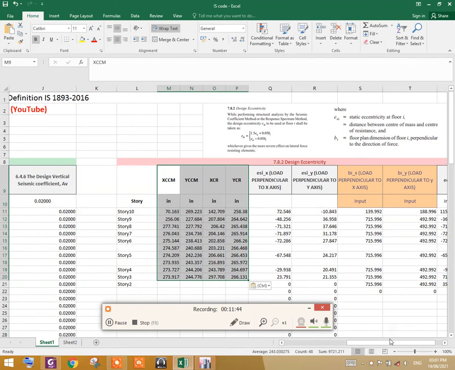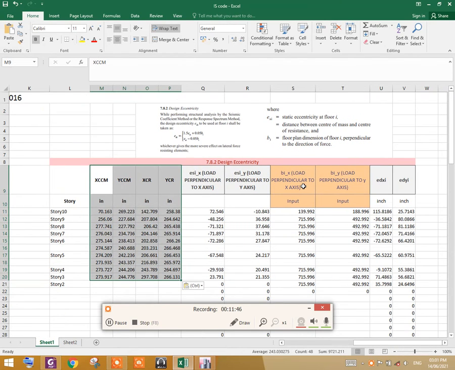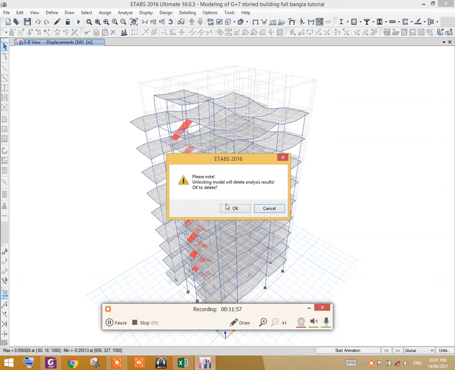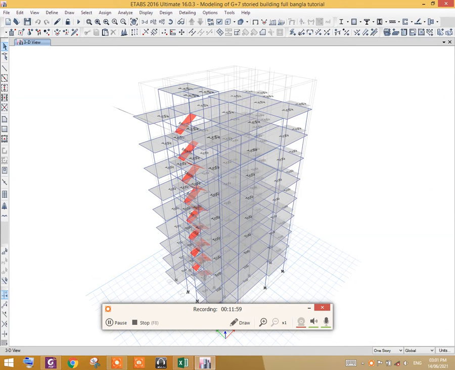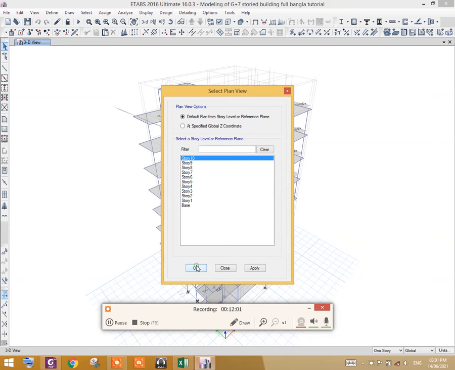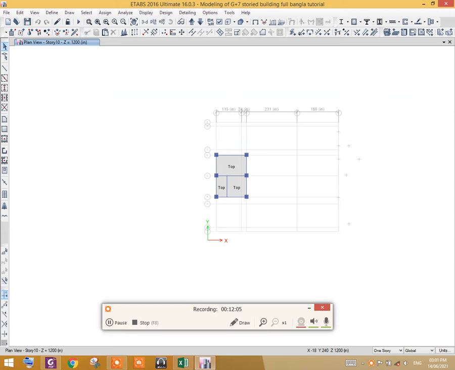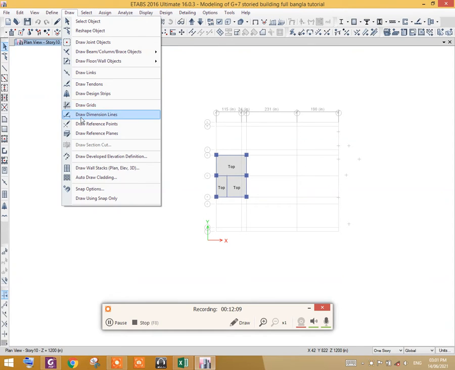Now we need the diaphragm width in the X direction and in the Y direction. Let us unlock the file. This is the Y direction, this is the X direction. Go to Draw, Dimensions.